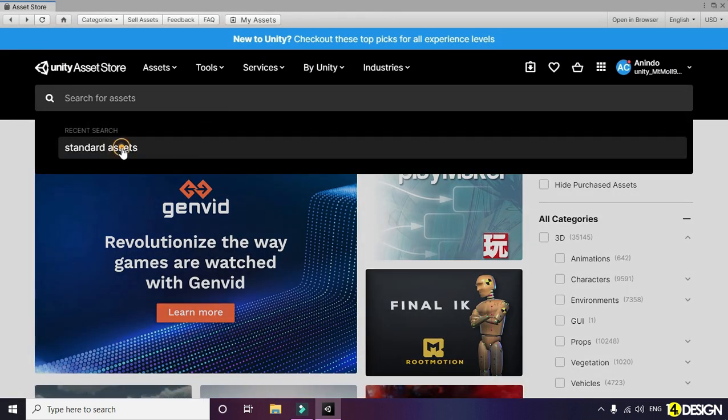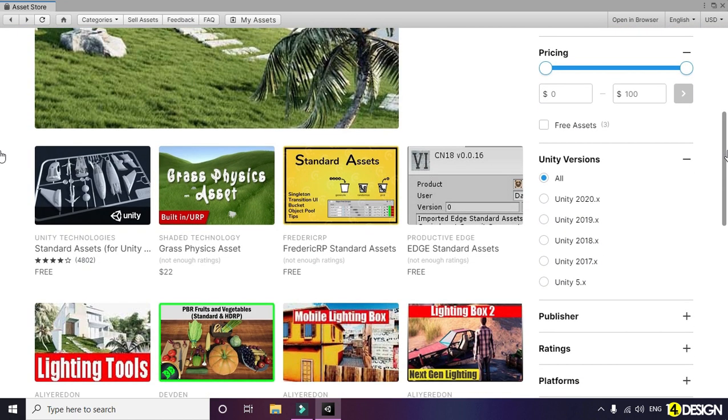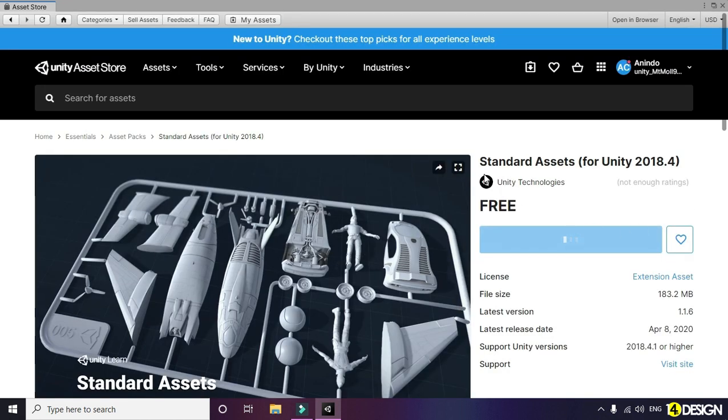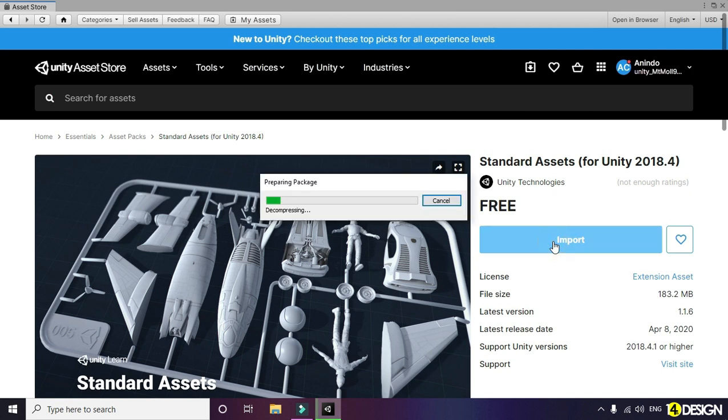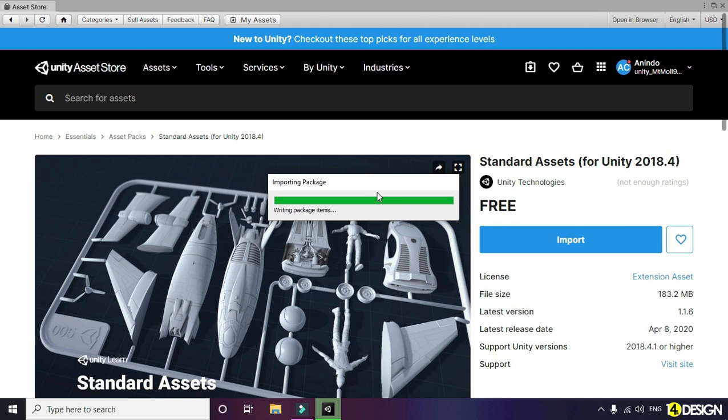We're gonna search standard assets and click on this icon. Standard Assets is free from Unity. Just gonna click import. I have already downloaded it, so it's just gonna import. I'm gonna select all and click import.